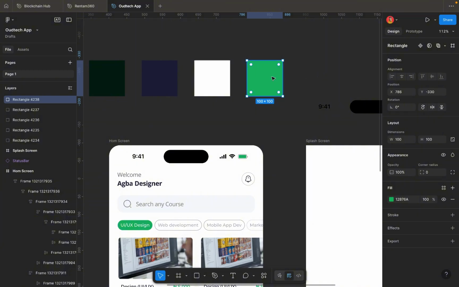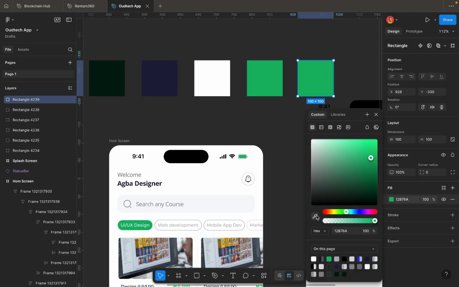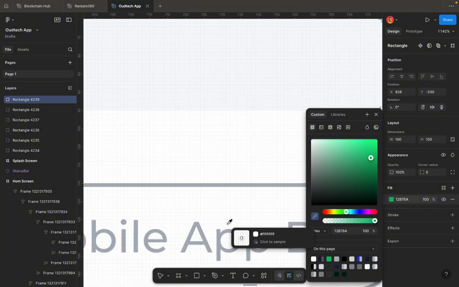So these are actually necessary. When you're designing a full product, call it design system. So this is actually my design system. So I will duplicate here again, and I will just come here, go back to my sample color, then pick this particular,